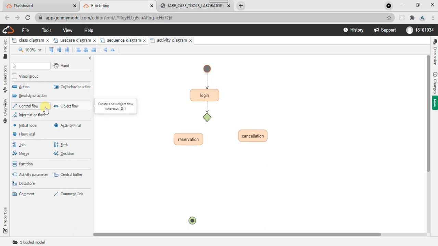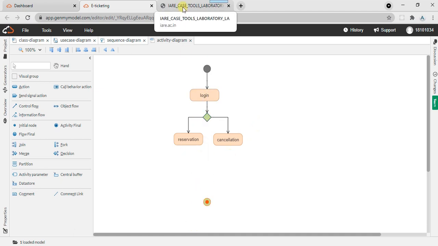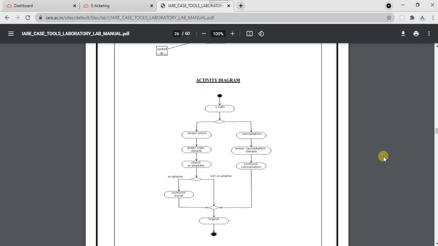What is this object flow? Perfect. Okay, let's make it here. Likewise, you can create further nodes and connect it all, then you can get the activity diagram.